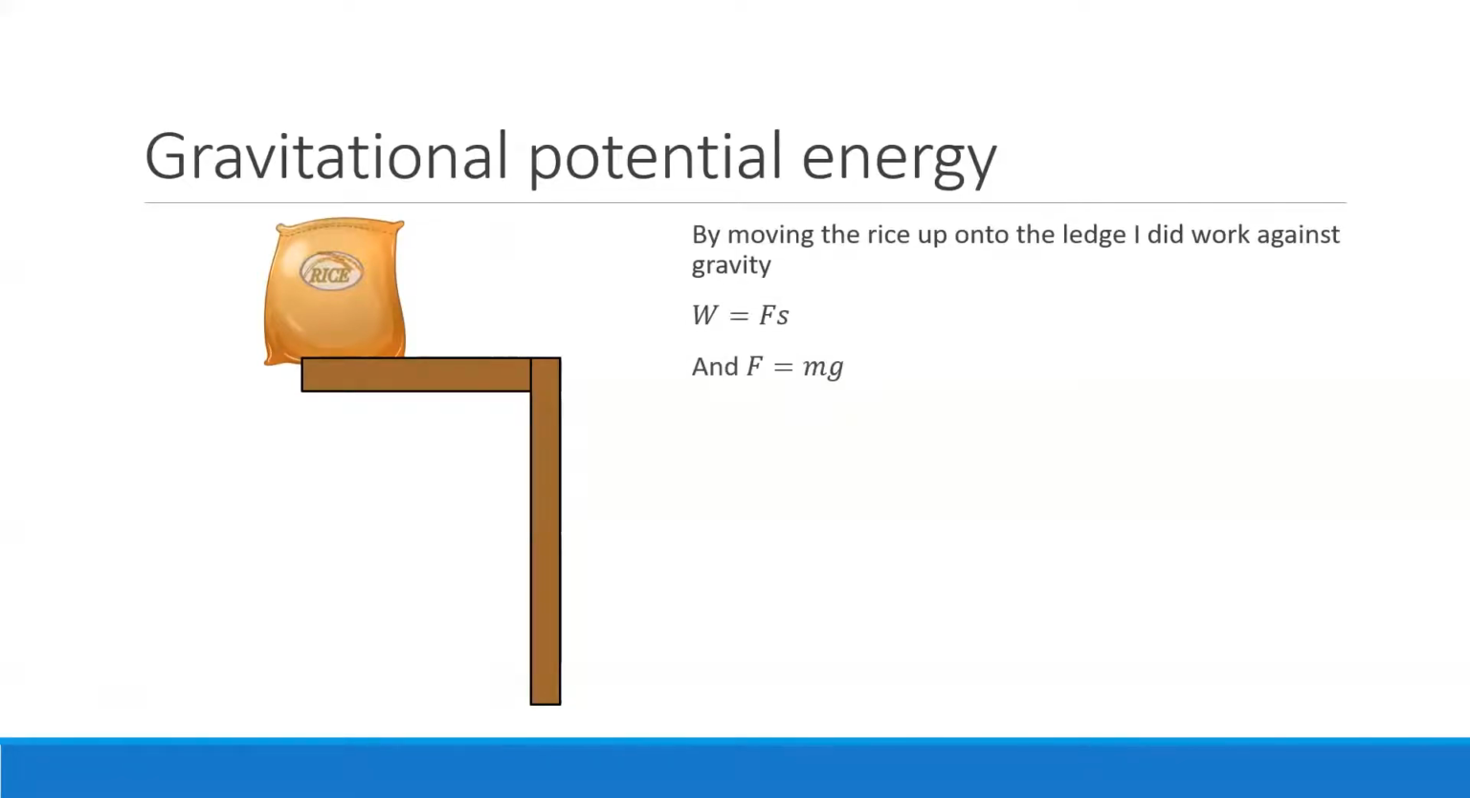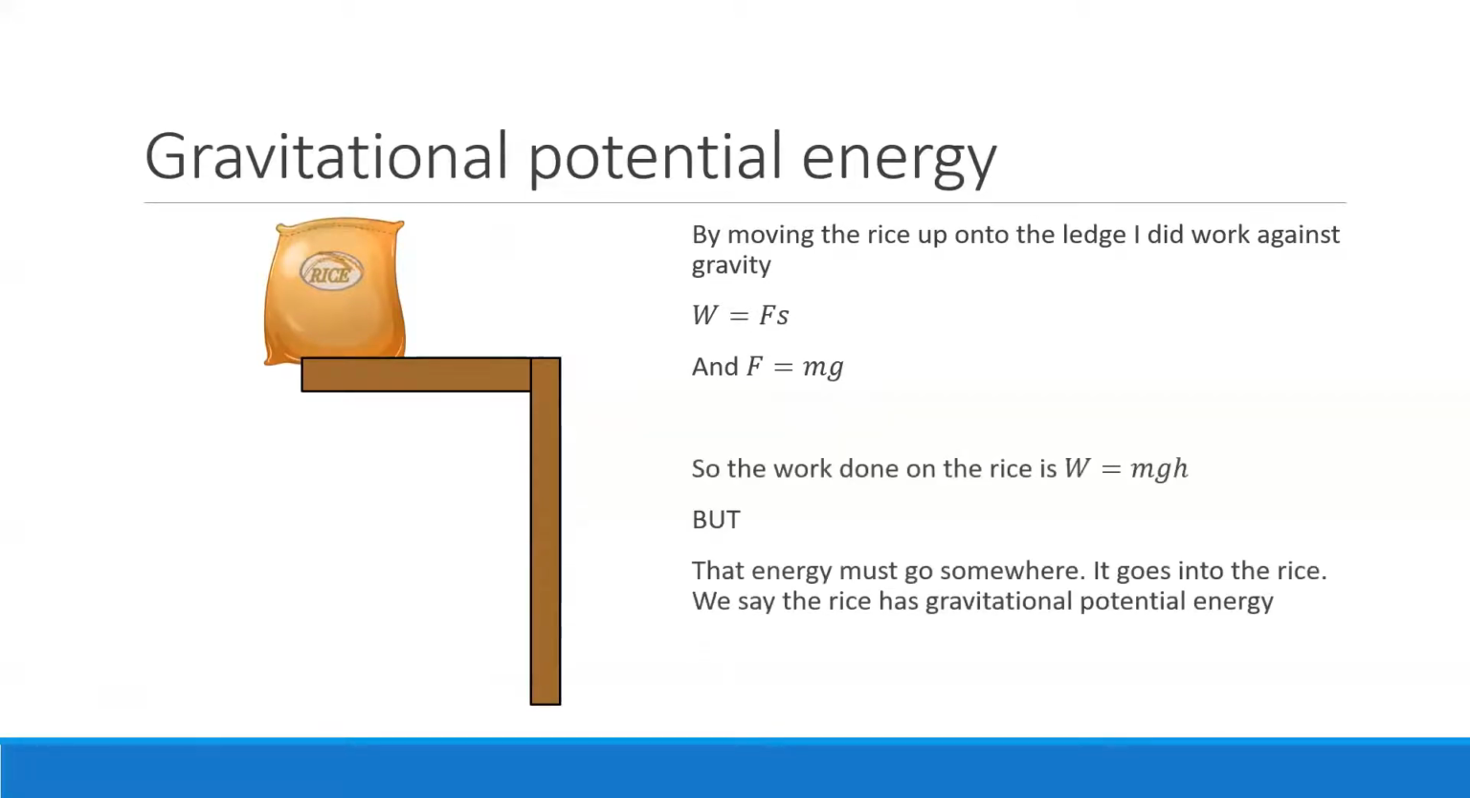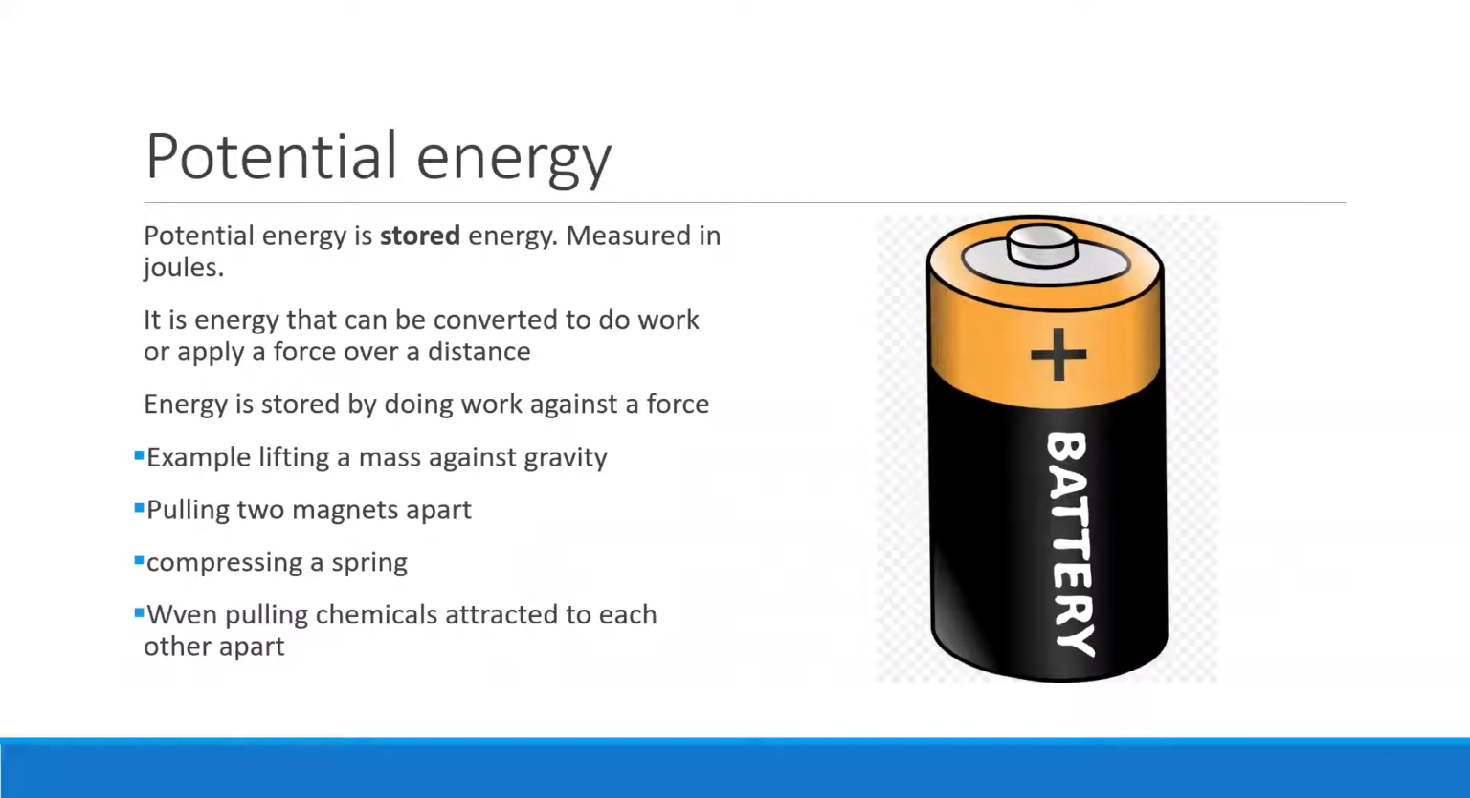We said that the formula to calculate the gravitational potential energy, W_E, equals mass times gravity times height. We said, what is potential energy? It is stored energy. How do you store energy? You do work against the force. So for example, if you lift a mass, if you pull two magnets apart, if you compress a spring, if you pull an elastic band,